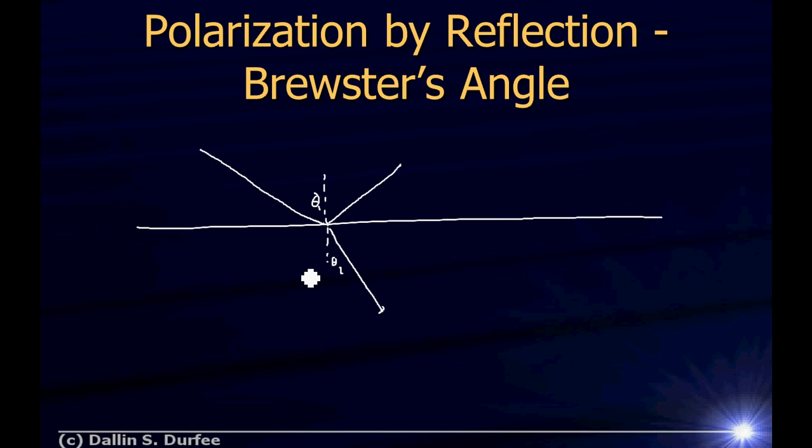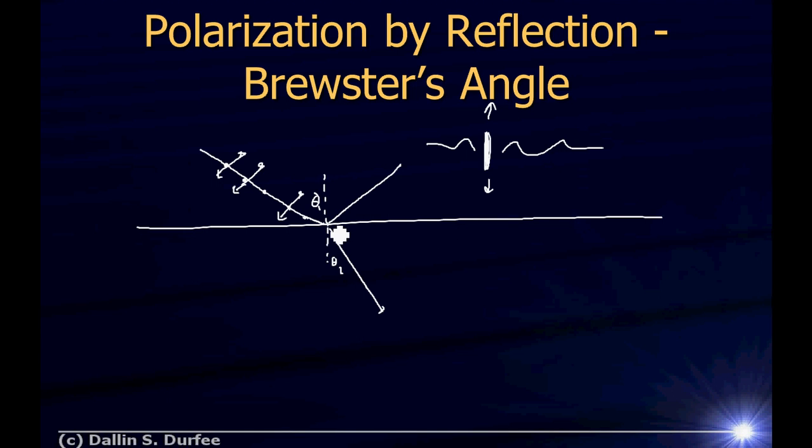Well, it turns out if my light's coming in polarized in and out of the screen, I'll get a different fraction of it reflected than if the light is polarized this way. And in fact, if I send light in at the correct angle, none of this polarization will reflect. And the reason is, you can kind of imagine this. I have light going like this. If I take an electron and I wiggle it up and down like this, it's going to make waves coming out this way, right? But light is a transverse wave, so if the electron's going up and down this way, there will be no light emitted in those directions, right?